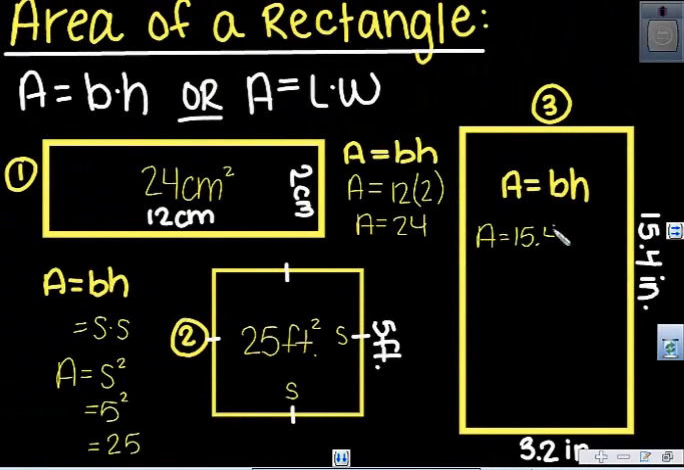It really doesn't matter which you call base and which you call height, or which you call length and width, because when you multiply, you get the same answer no matter which order you put them in. Okay, so then you would pull up your calculator. These you could do in your head. This one you would probably need a calculator for. So you would do 15.4 times 3.2,